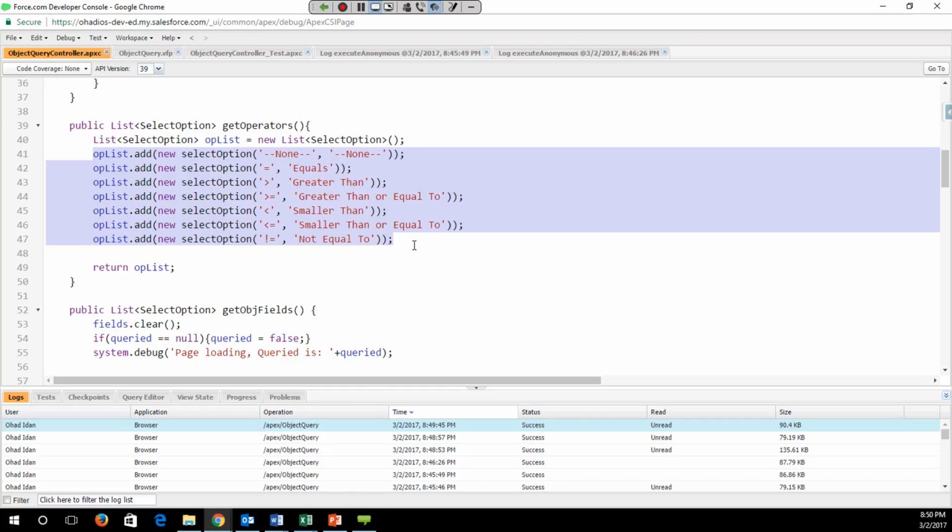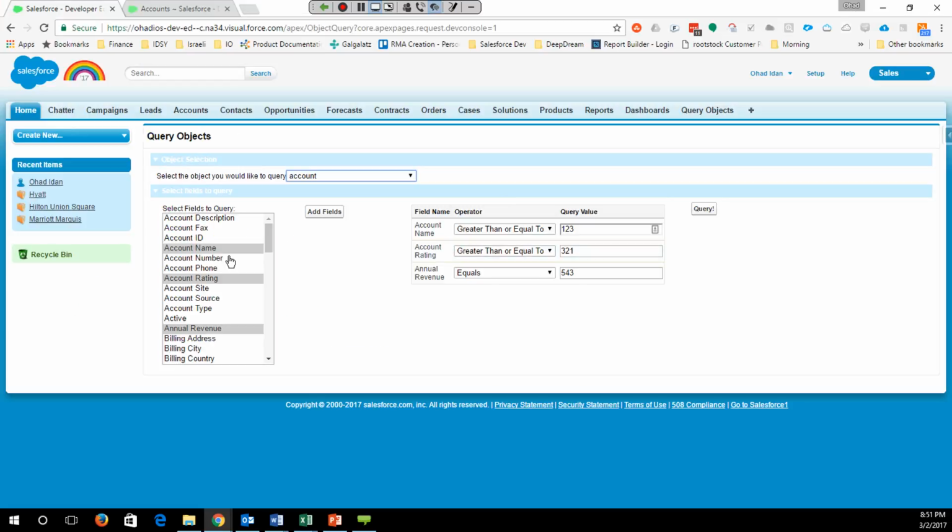And what you can notice here is that, unlike previous times, I actually have a different value from the display text. So where it displays equals, the value that will actually get passed into the controller is this. When I select greater than, the value that will get picked as the selection is actually the bigger than sign. So that is why, if I just do another one right now, and we look at the debug log,